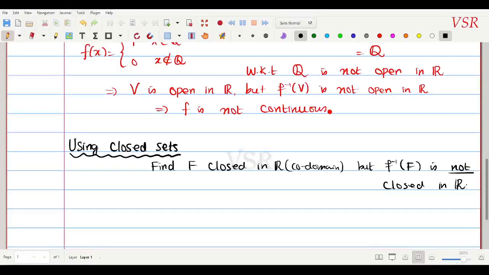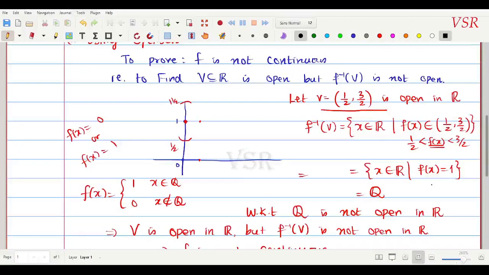So these are the two definitions. இத நான் சொல்ல போறேன்: we need to find one closed set in R whose inverse is not closed in R. அப்ப இதுக்கு இதே படத்தை யூஸ் பண்ணிக்கலாம். இத க்ளோஸ்ட்னு எடுத்துக்கறேன், அதே கதை தானே. இது closed set. V க்கு பதிலா நான் let F equal to closed set,